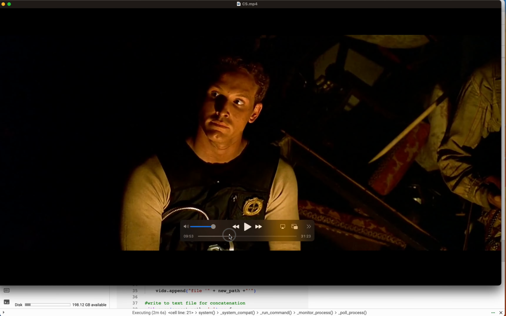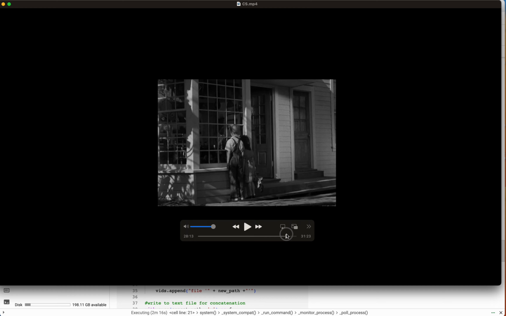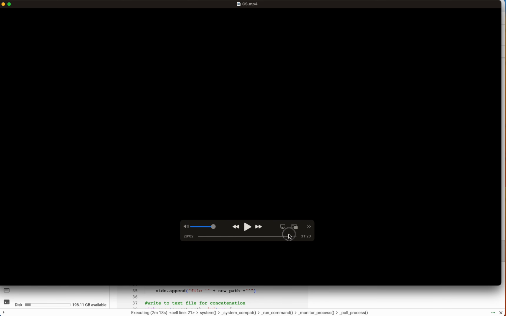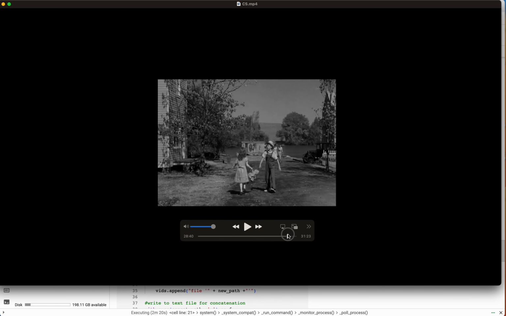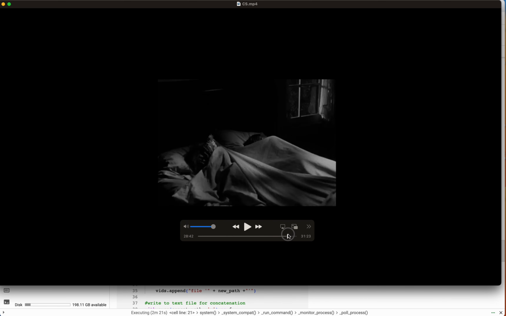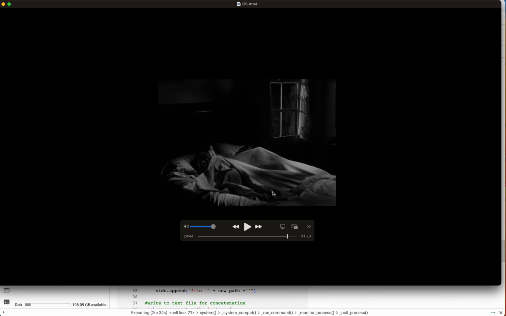Close shot tends to have the widest range, from my perspective, of what is a close shot and what isn't. So this will generally contain a good selection of films. Now my guess is the reason some of this isn't looking good is probably because, one, it's black and white, and two, because I don't know how many kids are in full shots in my data set. So if I really wanted a much more accurate model, I might go in and label some additional data and train the model a little bit longer on that additional data. I think especially people laying down in bed, very hard to classify these particular shots,